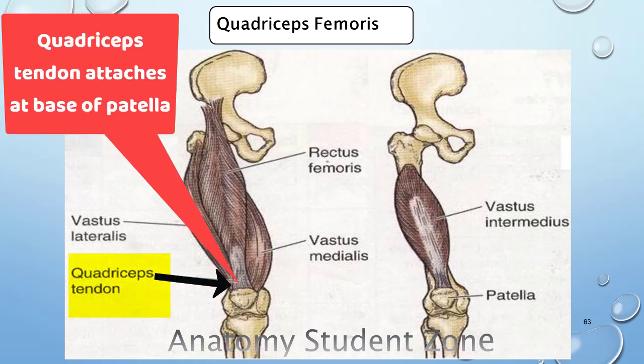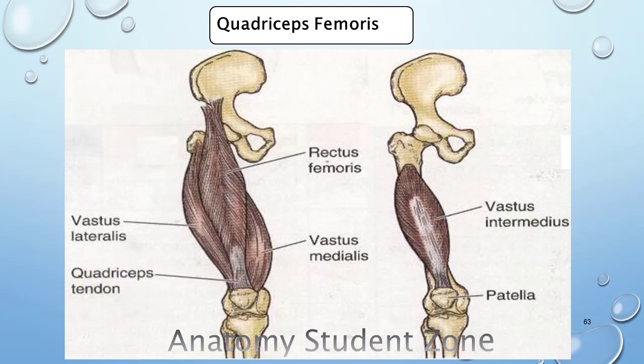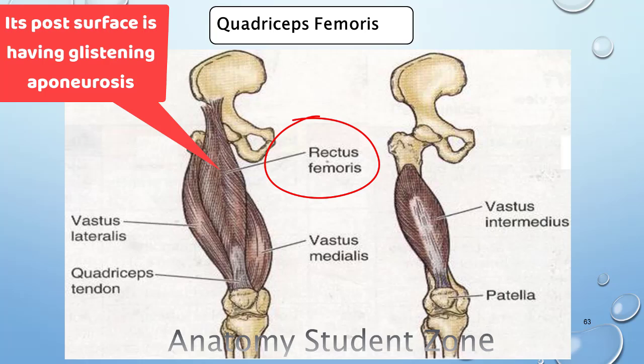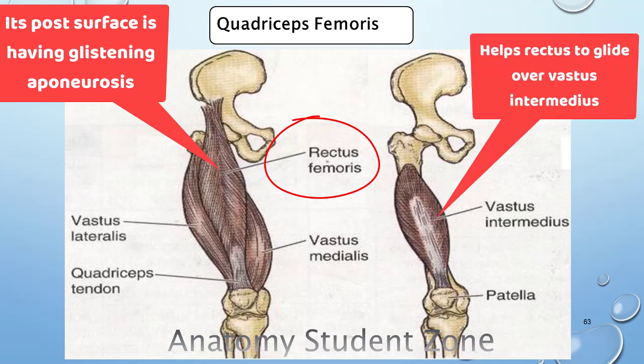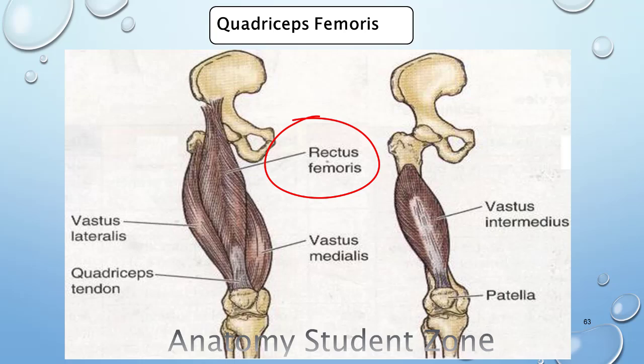If I retract this rectus femoris muscle and start observing its posterior surface on a dissection, I will see this surface is glistening. It is glistening because of the aponeurosis that is present on its posterior surface. And this glistening aponeurosis is going to help this muscle to glide on the anterior surface of vastus intermedius. The vastus intermedius, which you had seen on a deep dissection, is present posterior to this muscle. The anterior surface of vastus intermedius is also covered with aponeurosis, but just in the upper part. It is not going to cover this muscle as a whole like it covers the posterior part of rectus femoris.